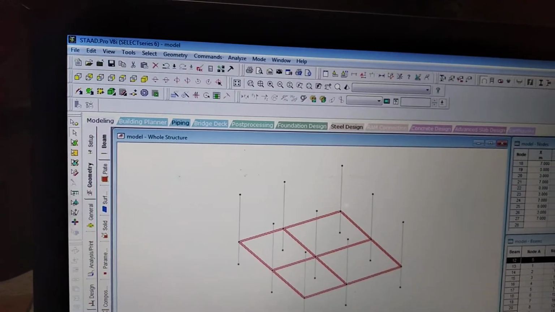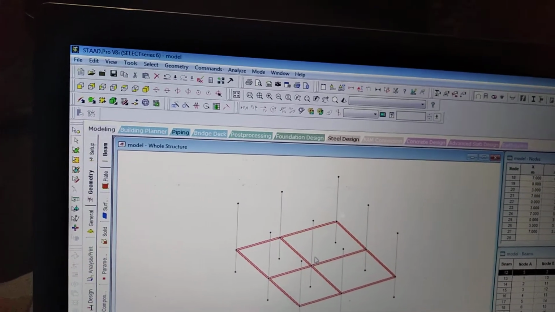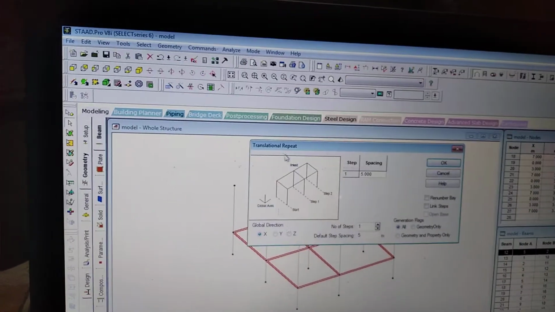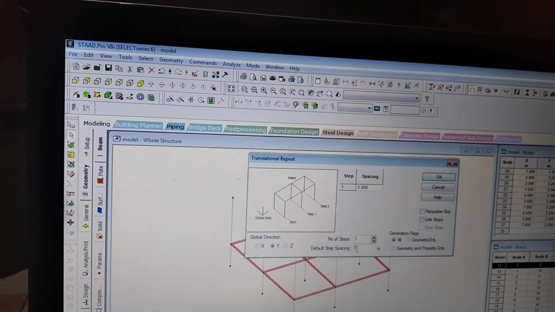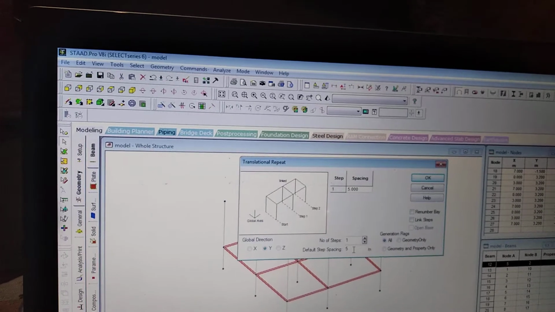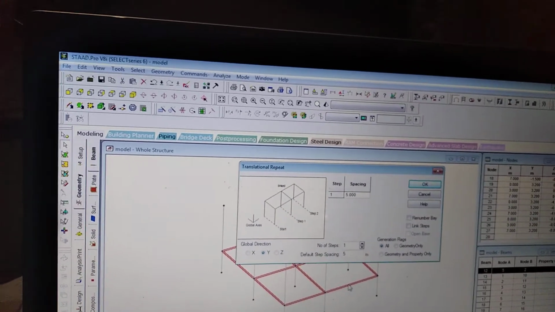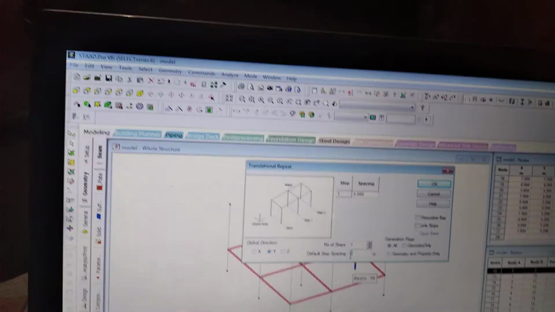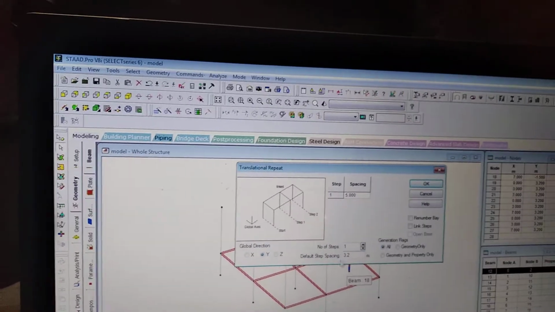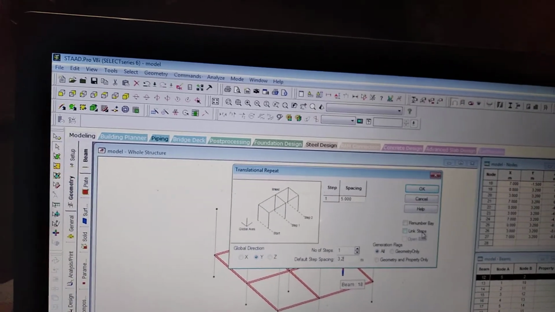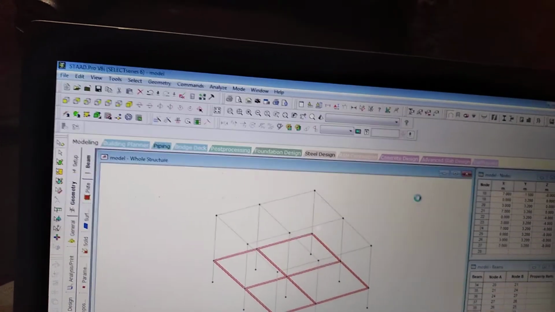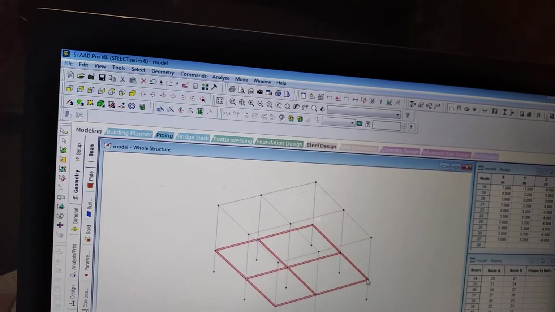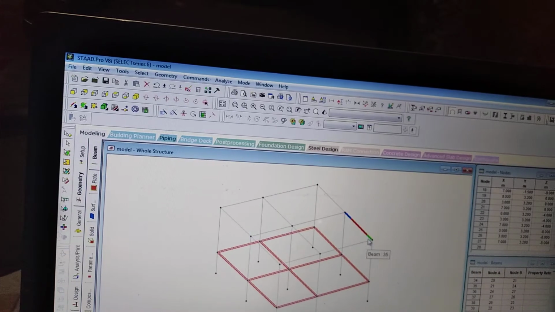So what I will do, I selected beams by using the cursor left side button, and I will go to again translation repeat, and Y direction I want above of this section, so I will mention it is positive at 3.2 height distance. Don't click the link step and give directly okay. So see here, it is a foundation, it is a floor, and it is a slab, okay.